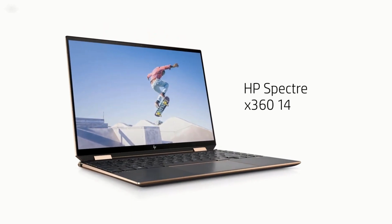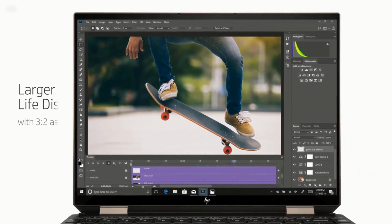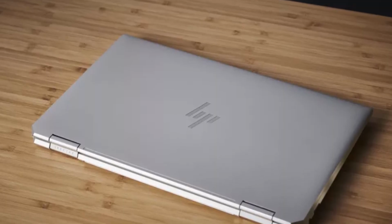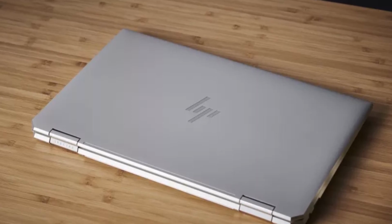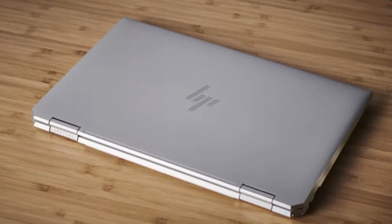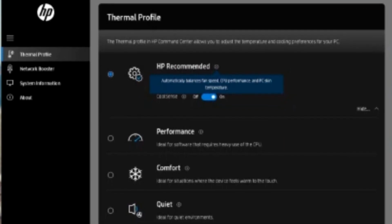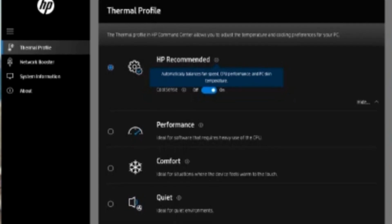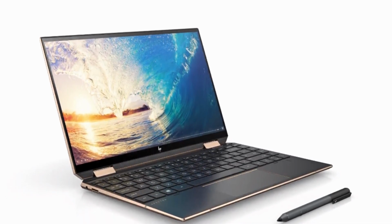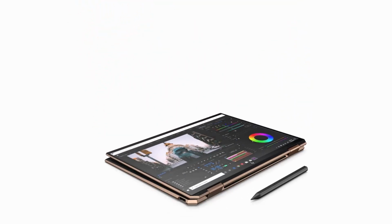Prices start at $1,149.99 in the US, for a model with an Intel Core i5-1135G7 processor, 8GB of RAM and a 256GB SSD. In the UK, the base model costs £1,199.99 and comes with an Intel Core i5-1135G7 processor, 8GB of RAM and a 512GB SSD. Then there's a version with an Intel Core i7-1165G7 processor, 16GB of RAM and a 512GB SSD, which is the version on review here. It costs $1,349.99/£1,399.99. There's also a model with the same CPU and RAM, but with a 1TB SSD and a 4K OLED screen for